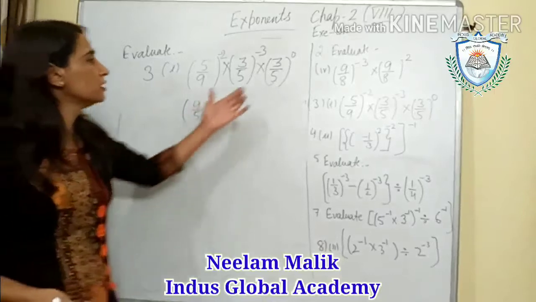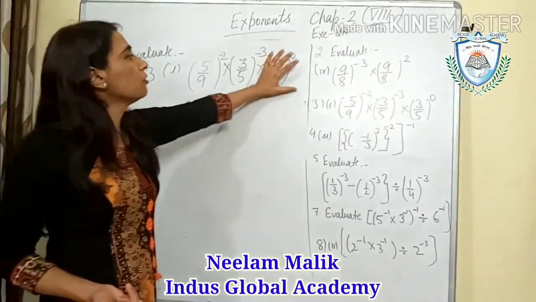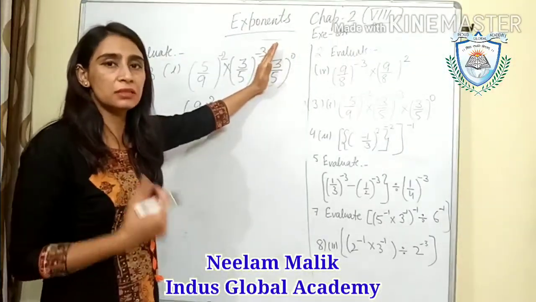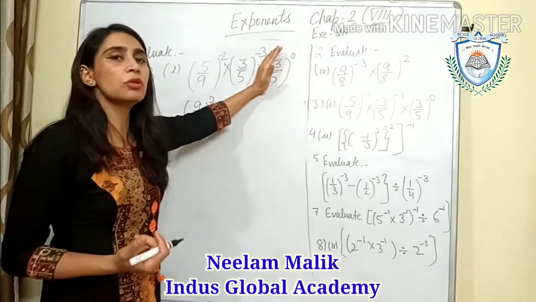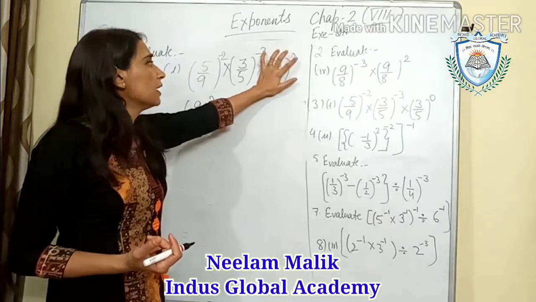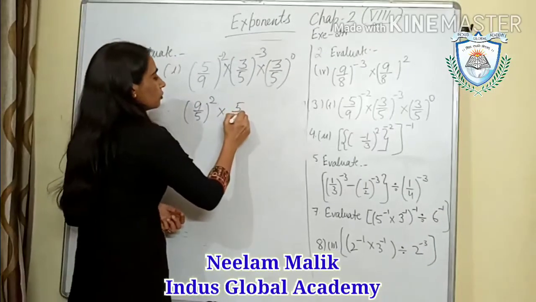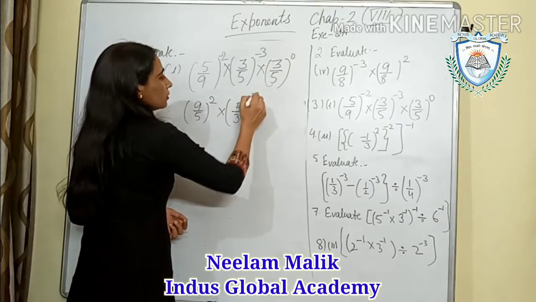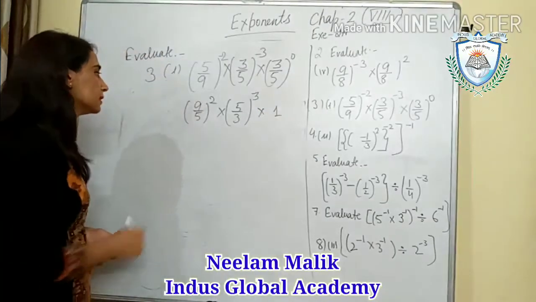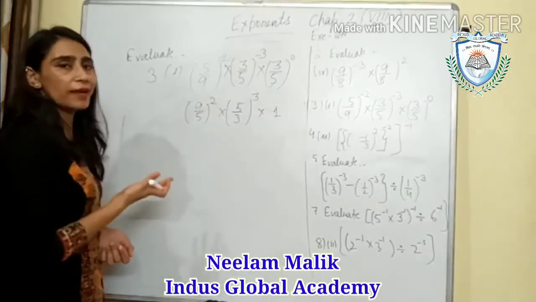One way, these are in multiplication, you can add the powers. Okay. Another way, it will be 1, because if the power of any rational number or any integer is 0, that means that is equal to 1. So simply it will be 1. And I will make this power positive. How? It will be 5 upon 3 the whole power 3, multiplied by 1. Yes. So if you multiply with 1, our answer will be the same. There is no effect.